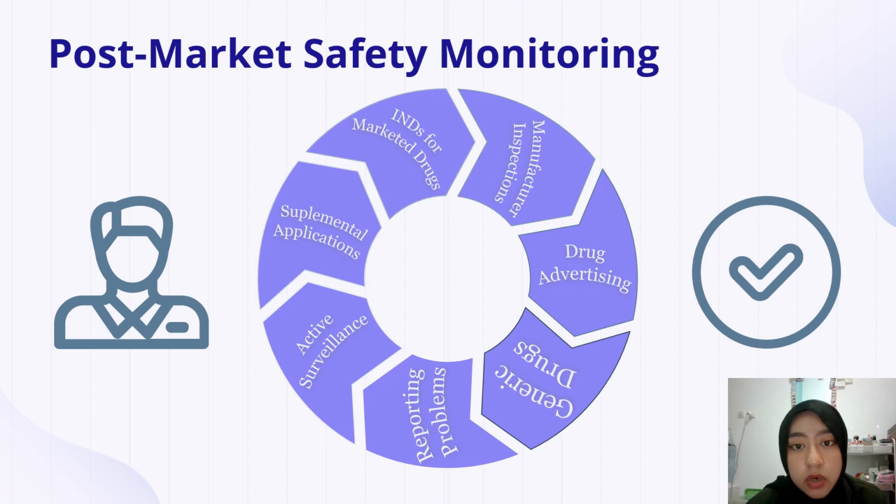Next, manufacturer inspection. FDA officials conduct routine inspections of drug manufacturing facilities across the U.S. and abroad if approved products are manufactured overseas. Inspection may be routine or caused by a particular problem or concern. The purpose of this inspection is to make sure that developers are following good manufacturing practice. FDA can shut down a facility if minimum standards are not met.